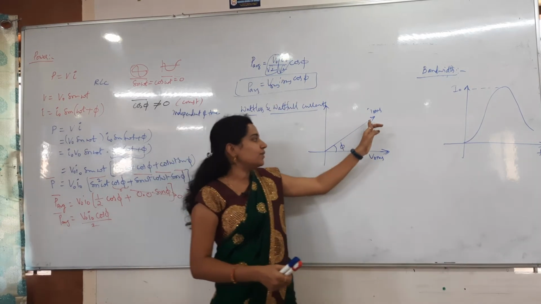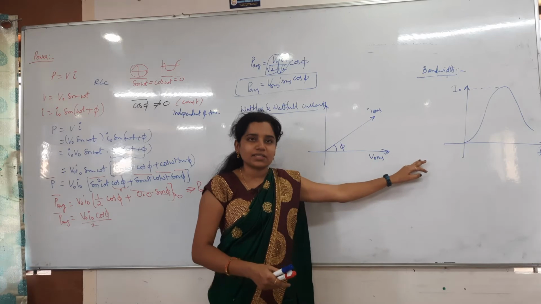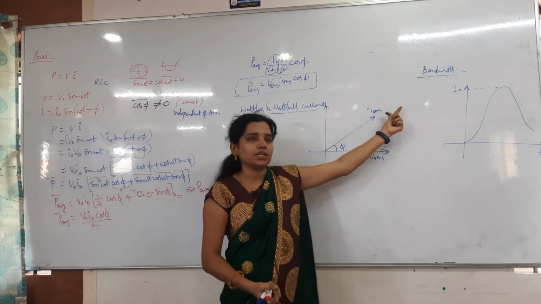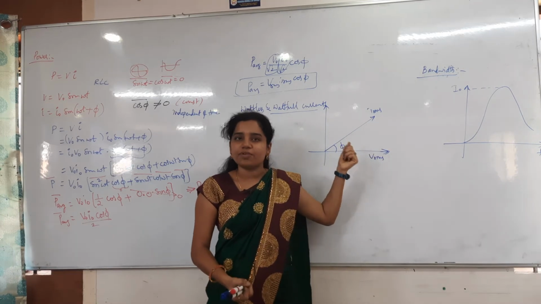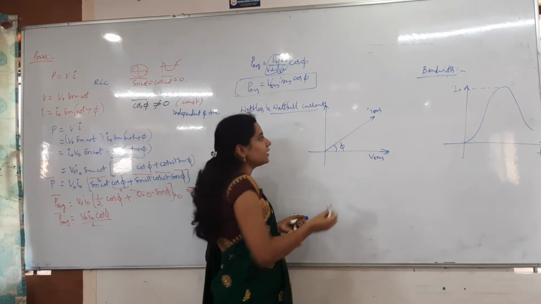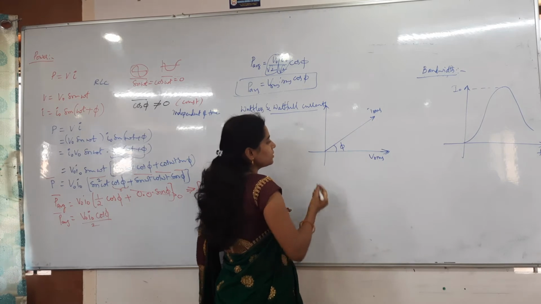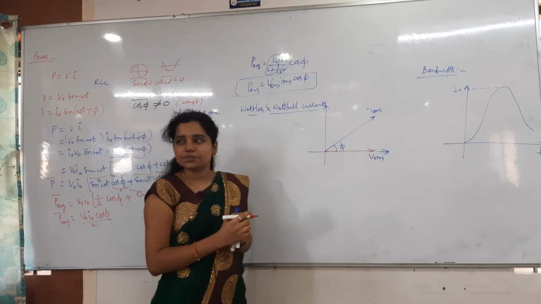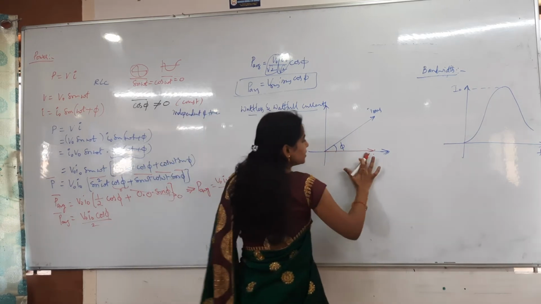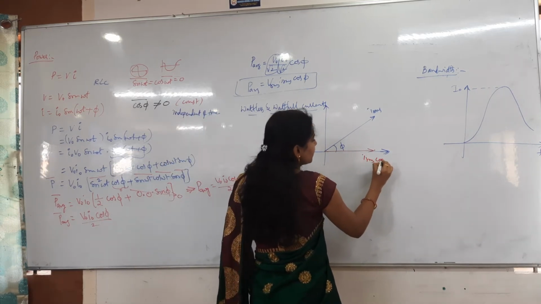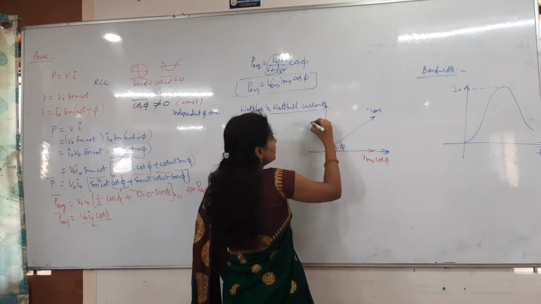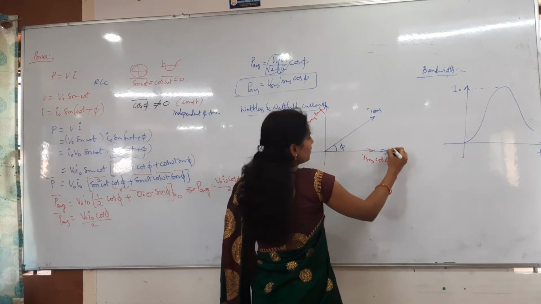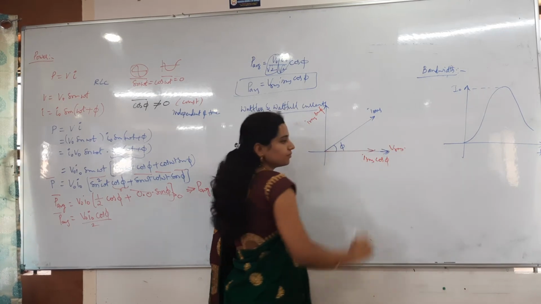So here I have taken the V RMS like this in the horizontal direction, and obviously there is an angle between them, so I RMS I have taken in this direction. What is the angle between them? Phi is the angle. Now whenever I divide this I into two components, in this direction what will we get? Cos phi, right? So we get I RMS cos phi, and in this direction I RMS sin phi. The V RMS we already have here.